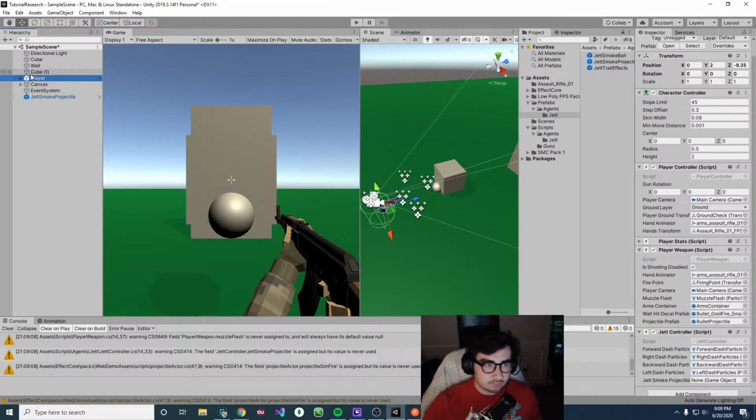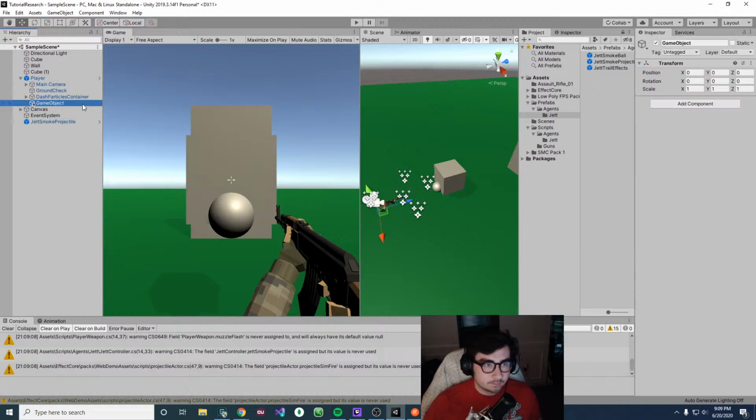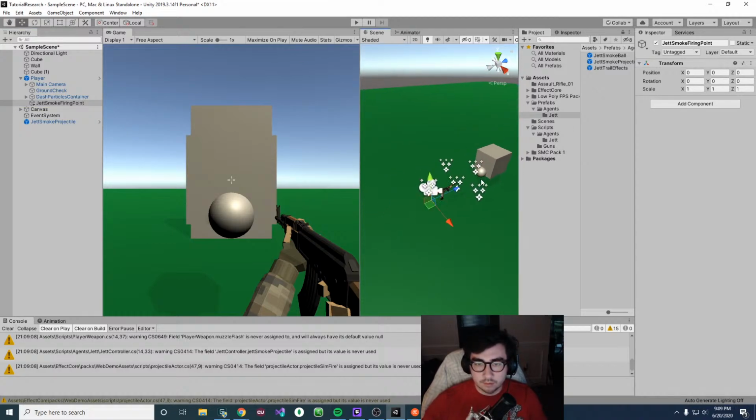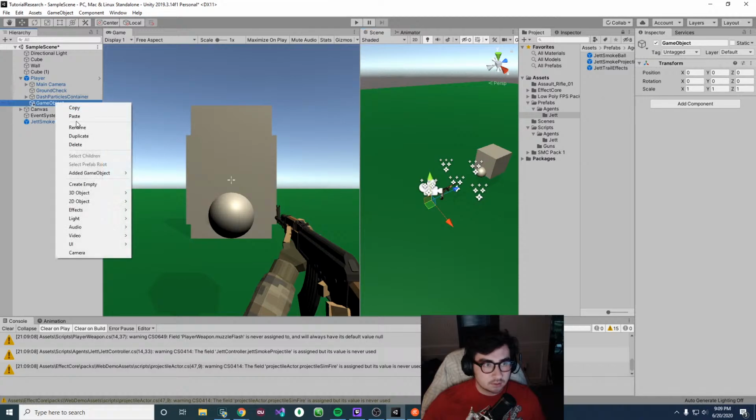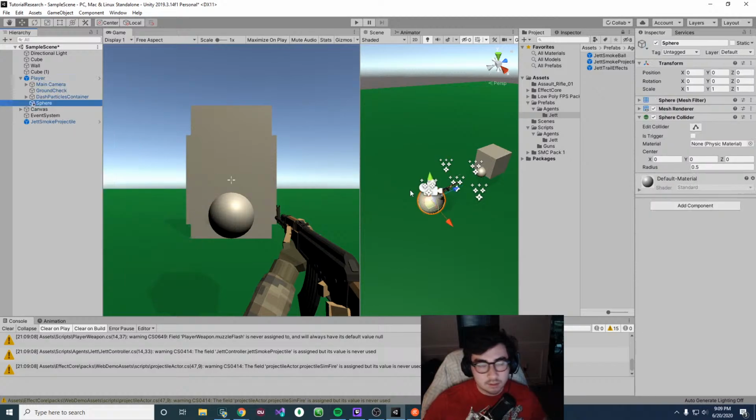So, create, where's create empty, and then we can say Jett smoke firing point. Where's this gonna be? Actually, let me make it like a sphere so I can actually visualize it. So player, 3D object, spheres are cool, and then let's just say 0.5 because that's the dimensions of our smoke particle, and then let's